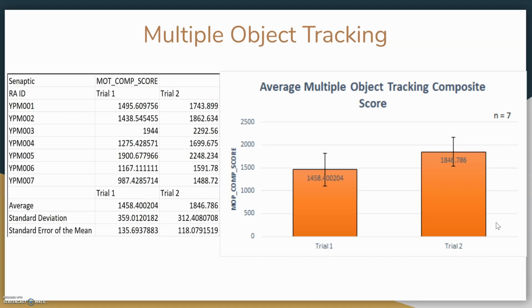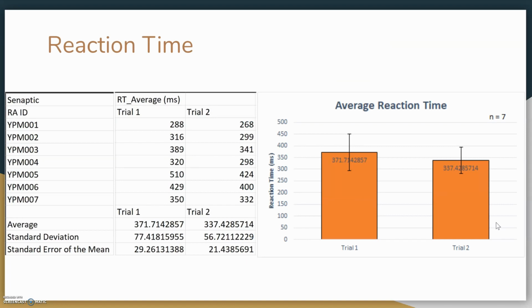The error bars are fairly large here because we only ran 7 participants. The graph is supposed to show that as the participants got more training, they improved on the assessment. Similarly, for reaction time, we recorded the participants' reaction time and calculated the statistics, which is presented here in